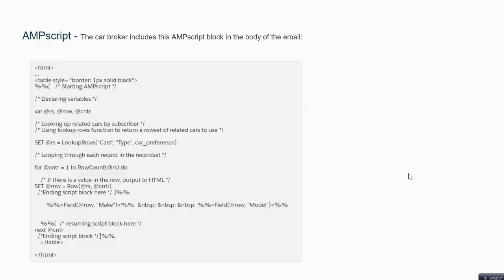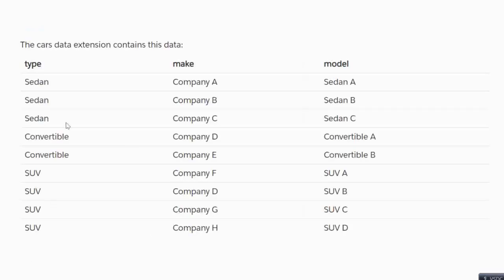The car preference for John Doe has already been received, so based on the car preference it will look inside this second data extension and get the type. The type is sedan, so based on this type it will select the entire row.